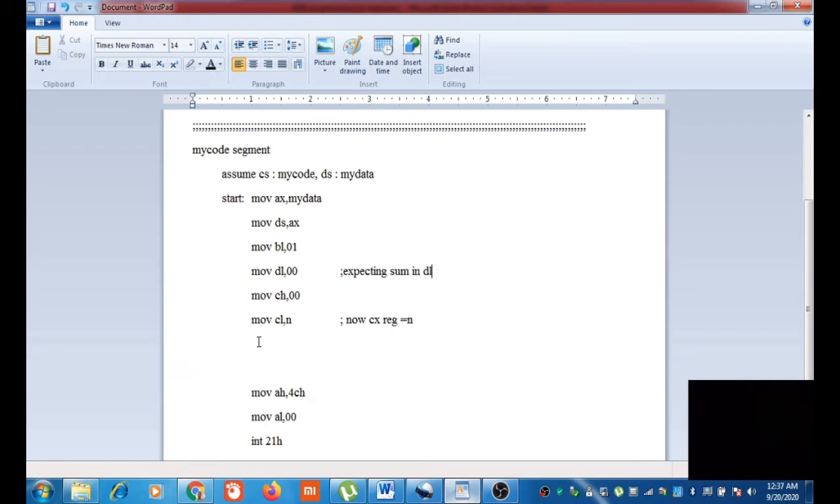Okay, then we'll be adding DL comma BL. Now it will do 0 plus 1. Then we have to make BL equal to 2. So 1 plus 2 plus 3 plus up to n we have to perform. So incrementing BL register,